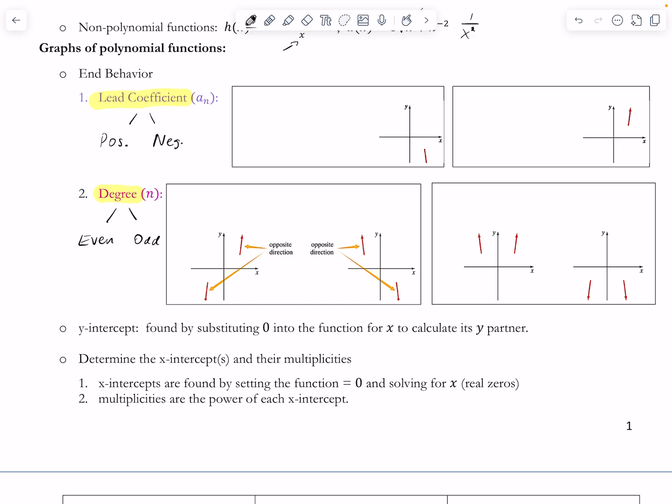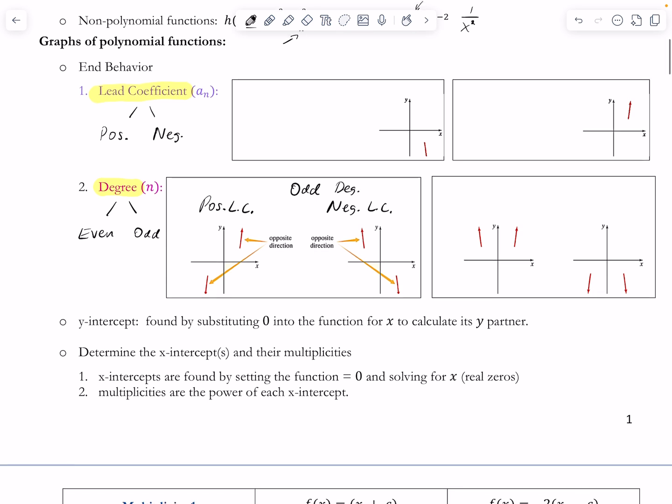So like in this first box here, this would be if you have an odd degree. You should notice that the end behavior, they're going opposite directions, okay? For a positive leading coefficient, it's going to look like that, where it starts at the bottom left, goes to the top right. And for a negative leading coefficient, it's going to start at the top left and finish at the bottom